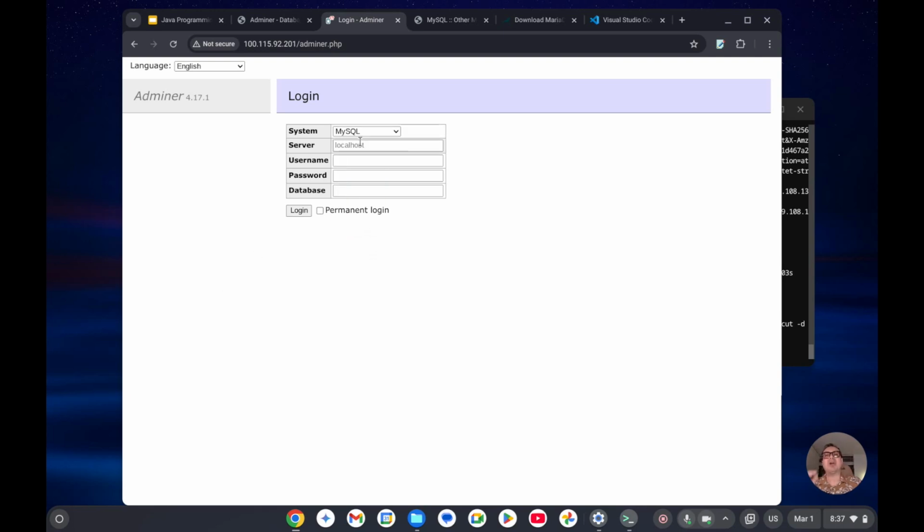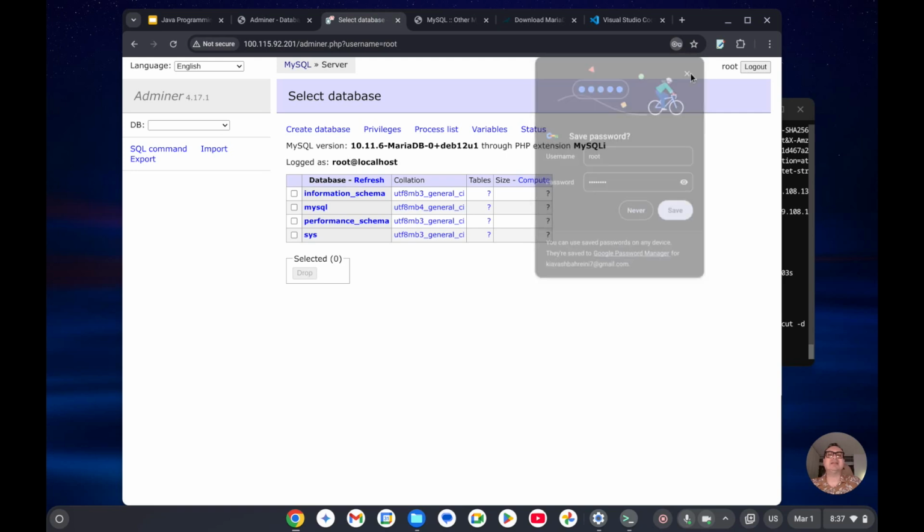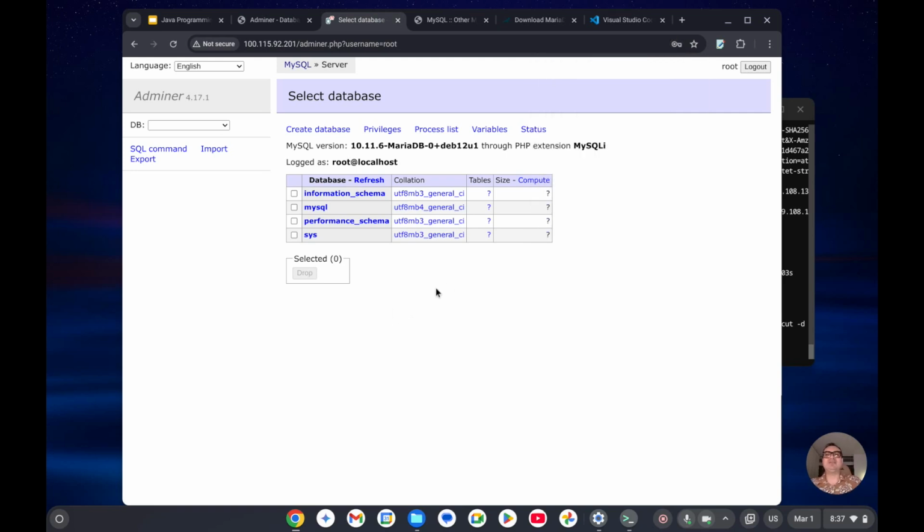We are going to accept MySQL. The server is localhost because we have installed it in our localhost. The username is root. The password is root123. The database name, I'm not going to enter any database name. Let's click on login, and look, wow. So we successfully connected to